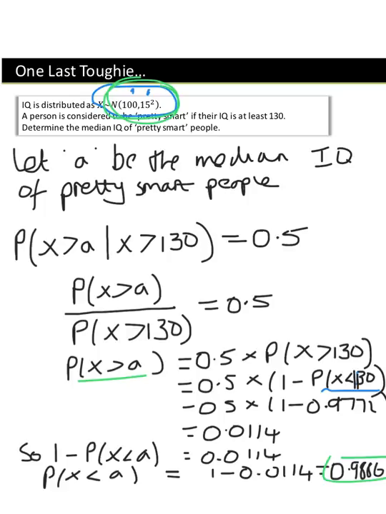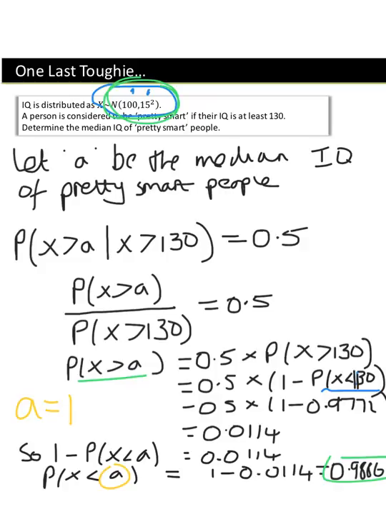So using our inverse normal, an area of 0.9886, a mean of 100, a standard deviation of 15, will give us our solution. It'll tell us what A is equal to. So it gives us this value here. Putting it in the inverse normal, A equals 134.15